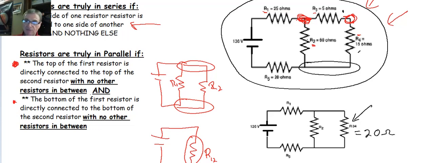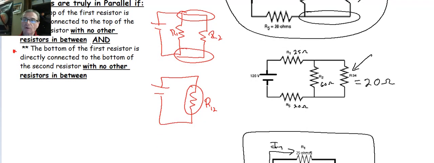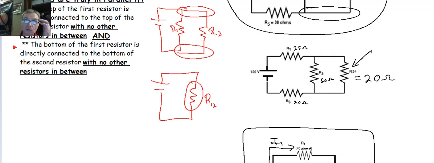Now we're going to bring down the values that we already had up here. So R2 is 60 ohms, so that remains 60 ohms. R1 is 25 ohms, that remains 25 ohms. And R5 is 20 ohms, and that remains 20 ohms. So we now have a new circuit, an intermediate circuit. We're getting there. We're still not in a position where we can get total resistance or total current yet,